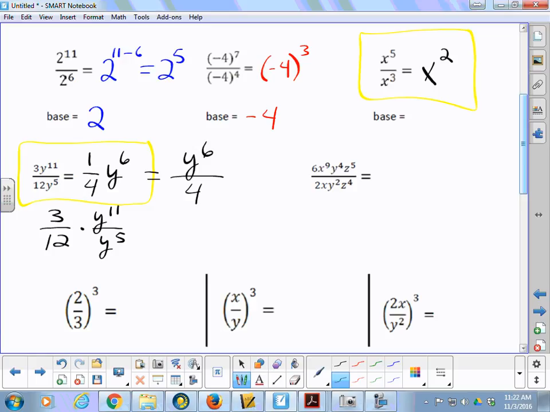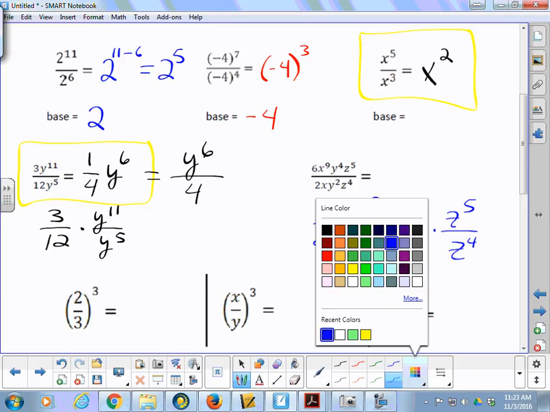And this last one here. Now this one's a little bit harder just because we have all of those different variables. And if it helps you, pull it apart. 6 over 2 times x to the 9th over x, y to the 4th over y squared, z to the 5th over z to the 4th. If it helps you, go ahead and write them separately so you can see them a little bit easier. And we end up with